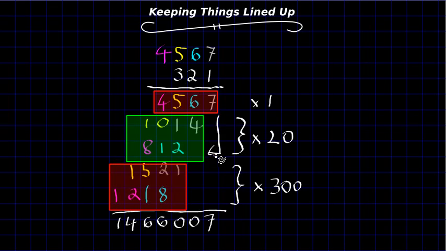Each group here is shifted over one place relative to the previous group, but that's not actually the smart way to think about it. The smart way to think about it is that the group is lined up with the digit that gave rise to it. That'll never get you into trouble. Speaking of trouble,